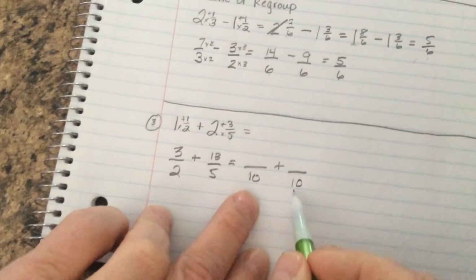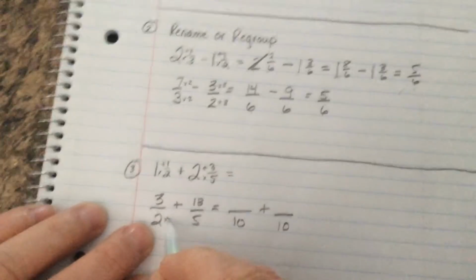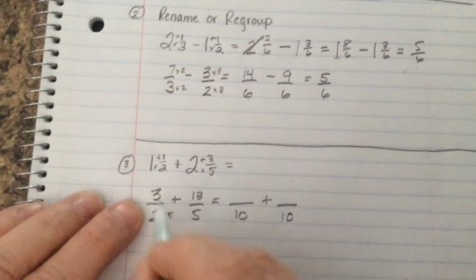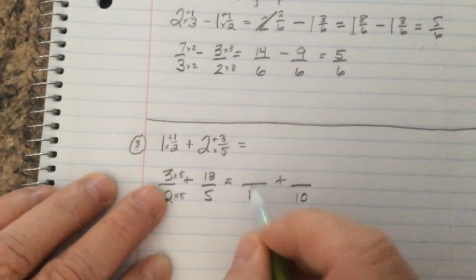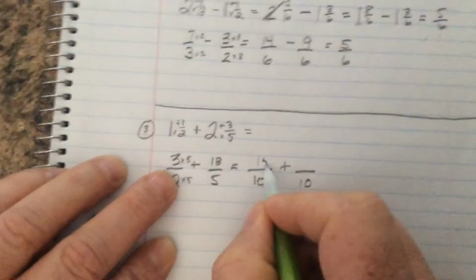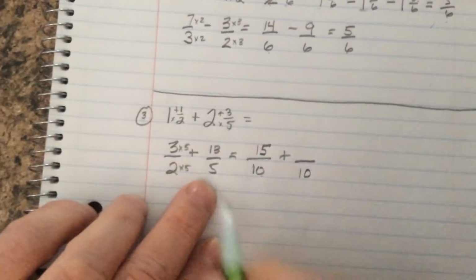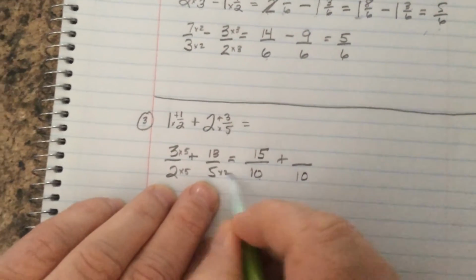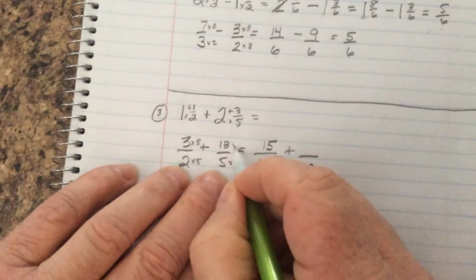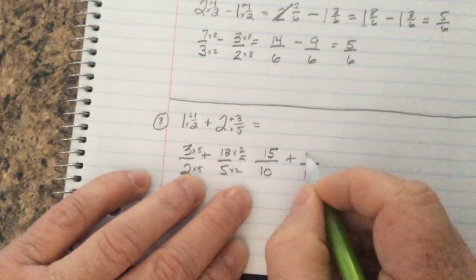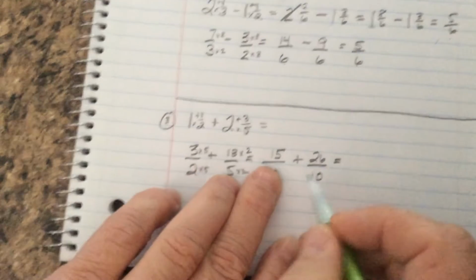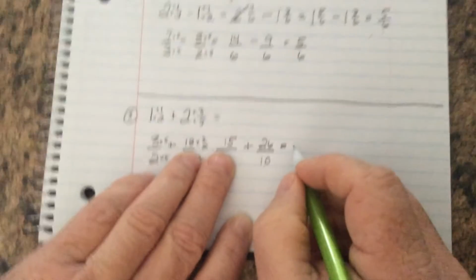So we're going to change both fractions to tenths. 2 times 5 gives us our 10. So 3 times 5, what you do to the bottom, you have to do to the top, is 15/10. Plus 5 times 2 gives us our 10. So 13 times 2 is 26. 15 plus 26 is going to be